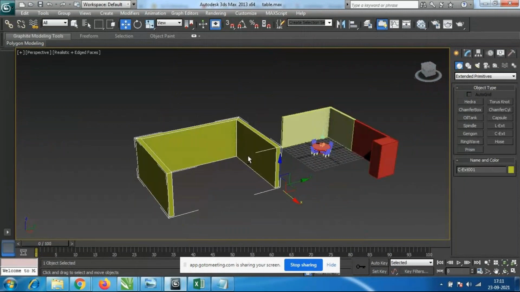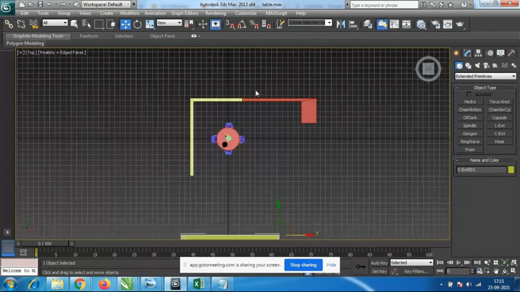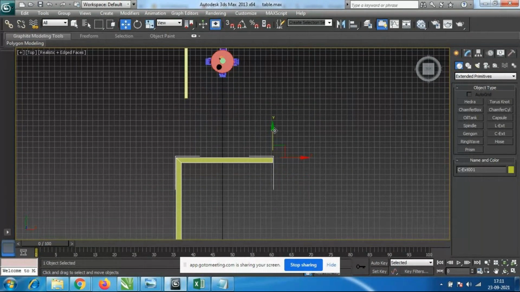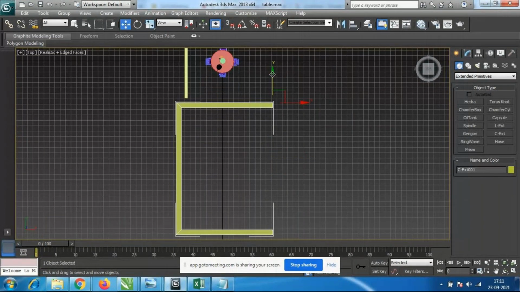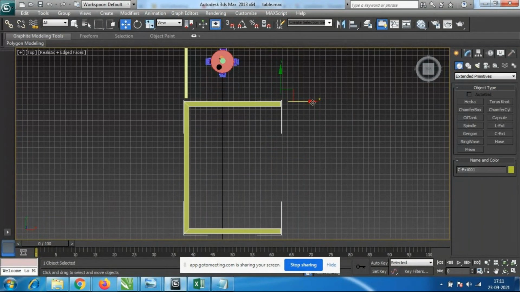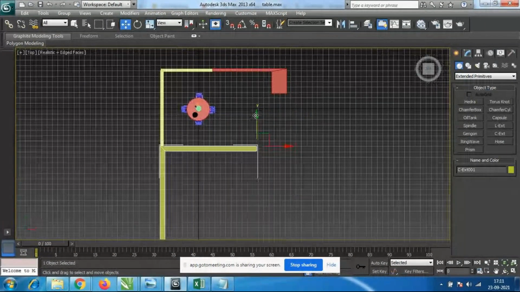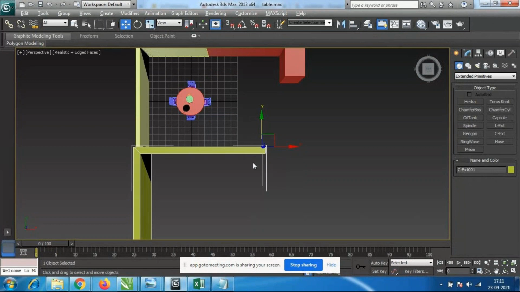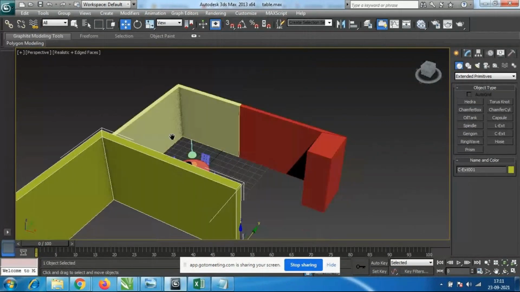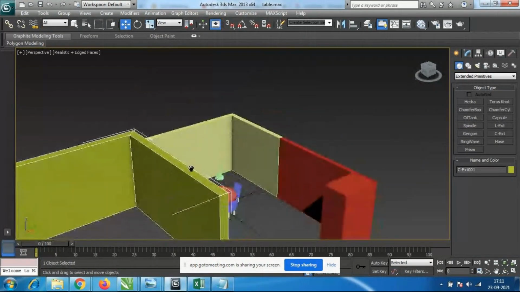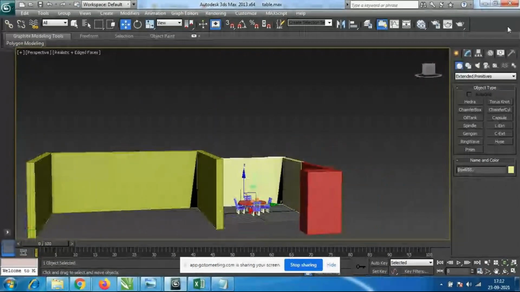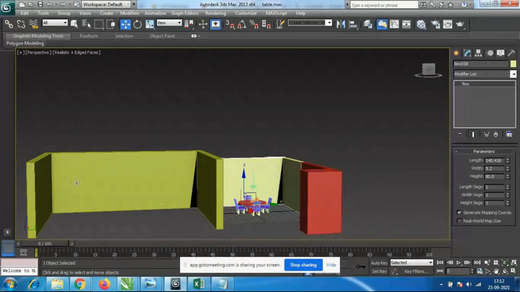Just I'll go to this top view and join to this wall only. So the thickness of this wall, everything should be proper. So even the height, I click on here. What is the height of this? 80.0.